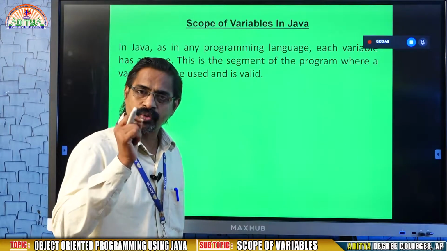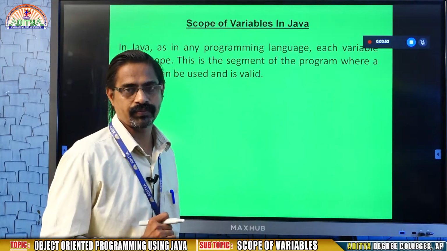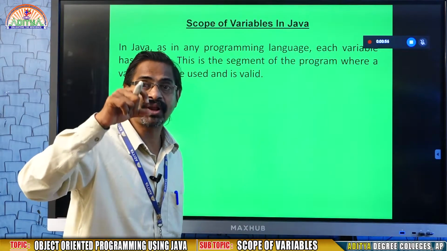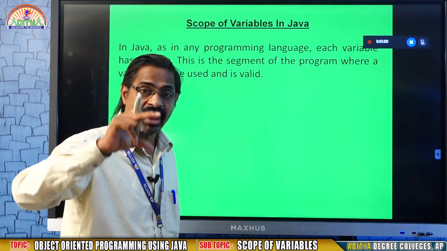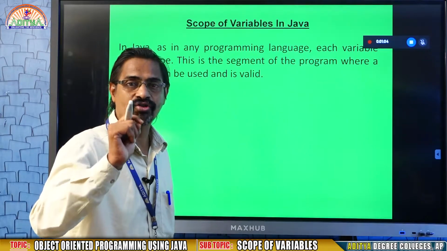The variable that we are creating in a Java program has a scope. Scope means the place where the variable is accessible, or the boundary where the variable is visible or accessible, is called scope.